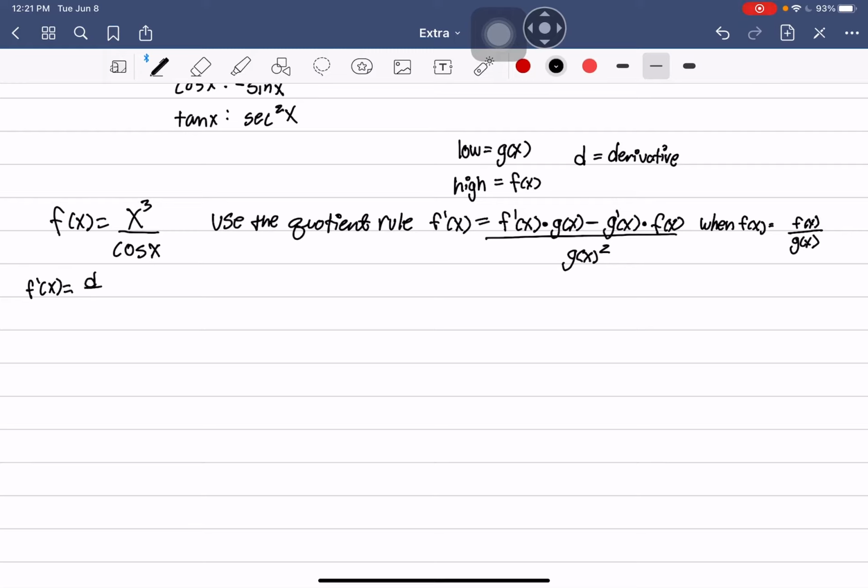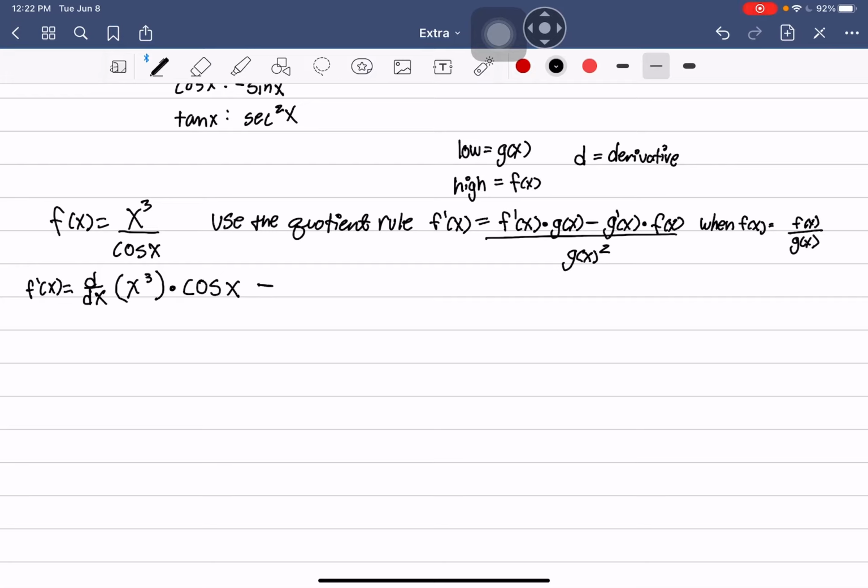We do d over dx of, and I just use parentheses to indicate that this is being applied to whatever is in the parentheses, of f prime of x, so in this case it'll be x cubed, times the denominator left alone, g of x, so cosine of x